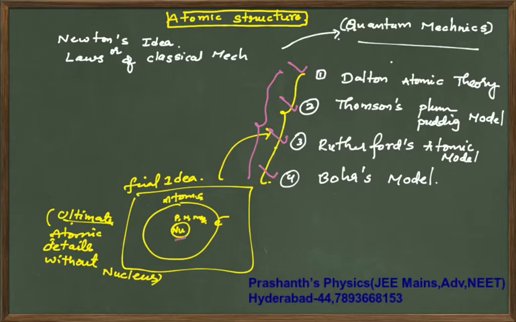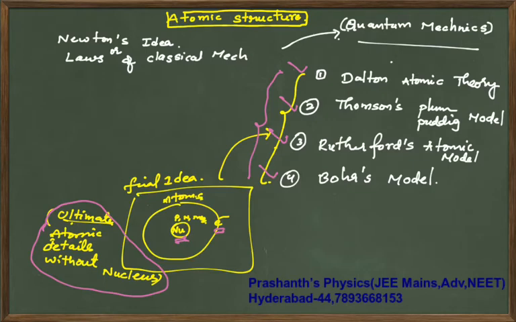Out of these four basic models, your final idea of atom is that in the center you have the nucleus, electrons will be revolving around the nucleus, and inside the nucleus there will be protons, neutrons and mesons and some other subatomic particles. In this chapter we will not worry about the nucleus. We are going to study what an atom consists of, and that is our ultimate target in this chapter. The next chapter in modern physics will be nuclear physics, where you will study the nucleus in detail.